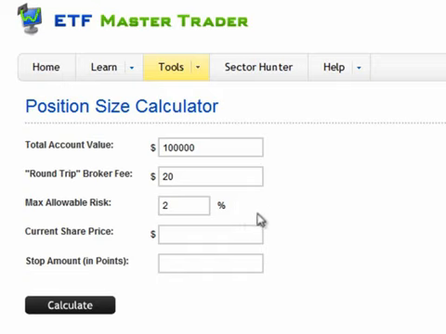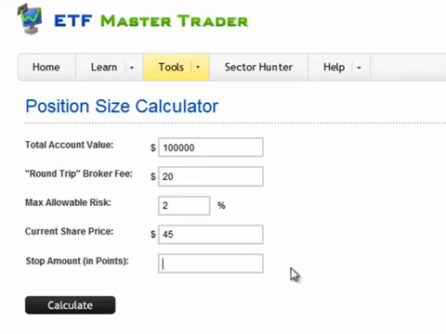So here we are at the position size calculator. We've typed in what our account value is, what our brokerage fee is, how much we're willing to risk, and then we have to put in the share price. So let's say the shares we're looking at buying are trading at 45. Now, the other part of this is we've got to figure out what our stop loss point is, and there'll be other videos throughout the course that will help you determine where your stop loss point is by looking at the